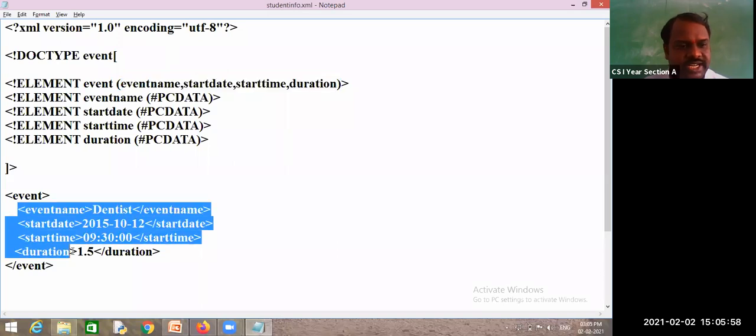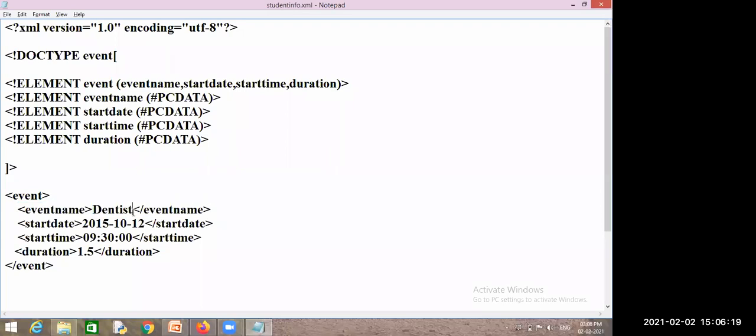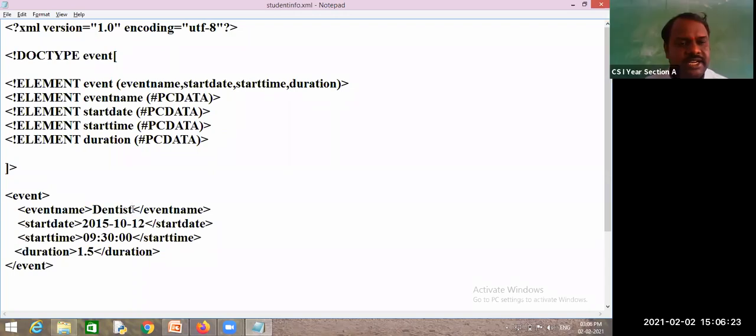These are the 4 child elements, and the first element, event, should contain direct data only, which does not contain an element. So did I write direct text or not? Is it containing text or any other information? Tell me guys, is it text or any other element I have written inside this one?